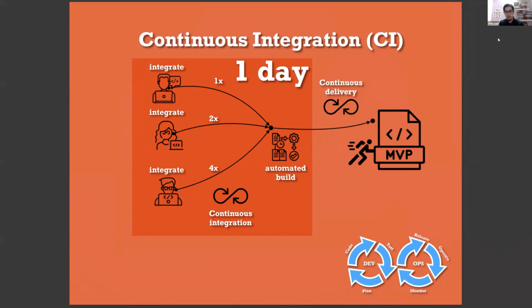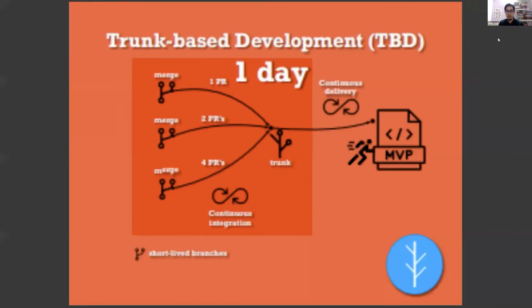A common practice for teams that adopt continuous integration is that, for example, if you have 3 active developers, you will have at least 3 pieces of work integrated in one day. The configuration has tools that verify all the integrations through an automated build, to ensure that everything is safe and avoid breaking changes.